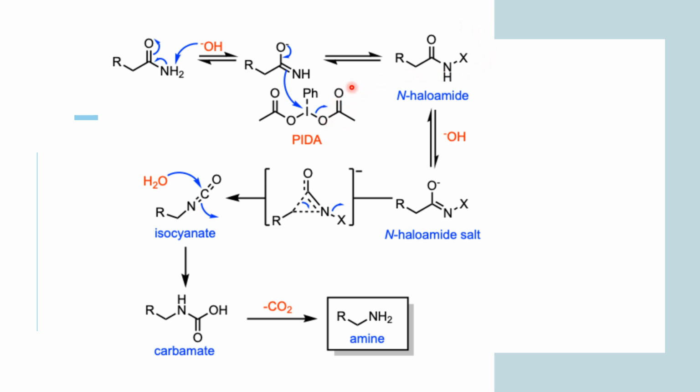This acetoxy group will be knocked out from PIDA, and the nitrogen atom of the enolate will be attached to this iodine, and this iodine will be attached to phenyl and an acetoxy group. Okay, one acetoxy will be knocked out,